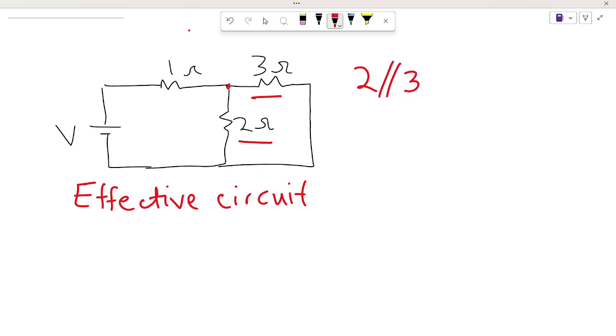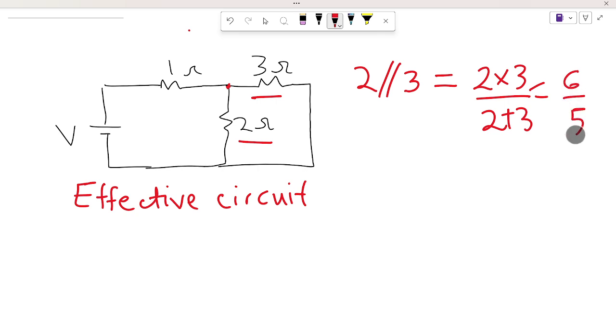This is how it's represented. So this would be equal to the numerator, they are going to multiply. So we have 2 times 3 all over 2 plus 3,